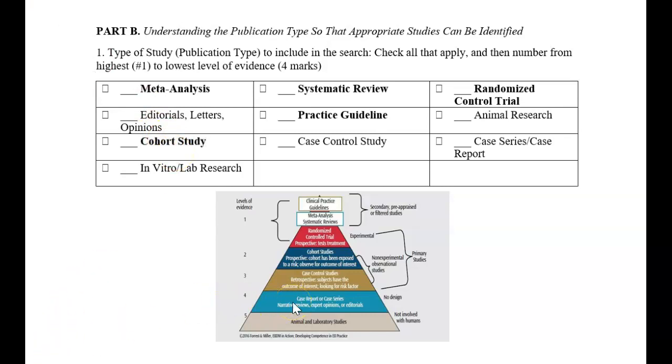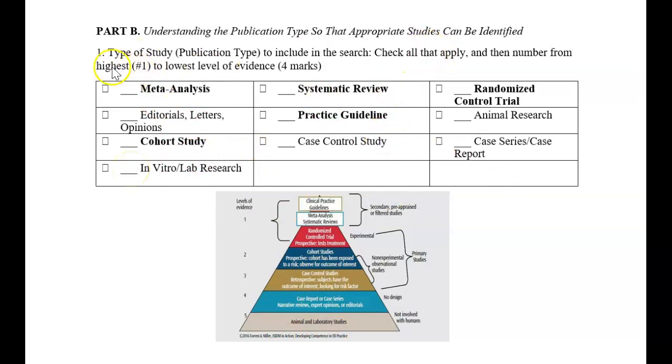Some things you do not want to check off are case series or case report because they're further down in the pyramid. You may not want to look at editorials, letters, or opinion because again, they're further down in the pyramid, and animal or lab studies, which is like this. And so those are things that you may not want to consider. So when you're considering what type of studies to look at, you want to go high in the pyramid, not low in the pyramid. So once you've checked off your types of study that you want to look at, the